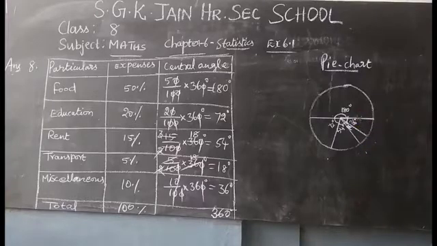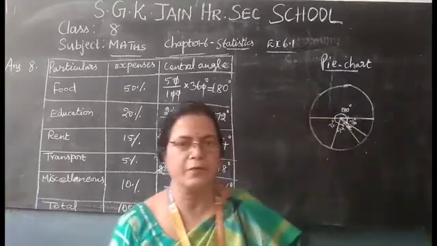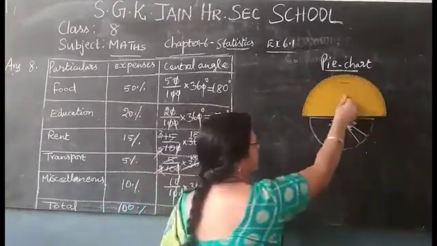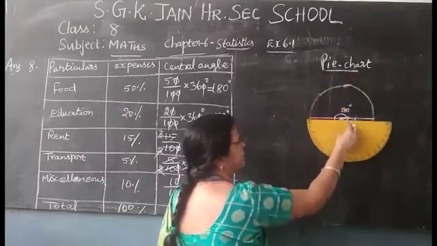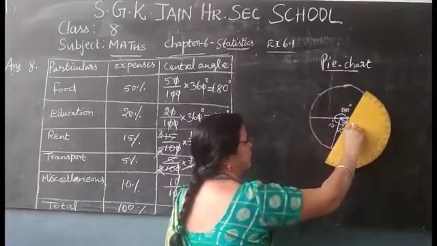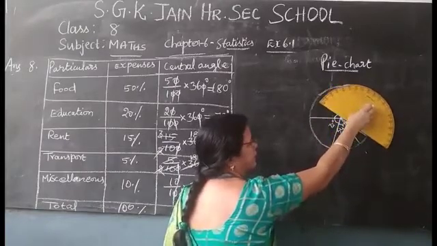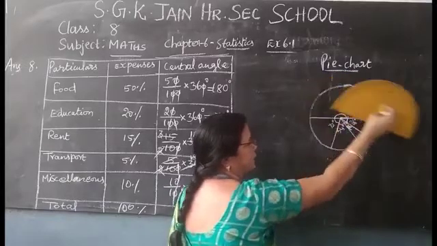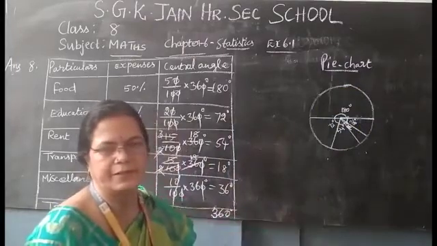Okay, children. I think you know, so interestedly you can draw this diagram. You can enjoy yourself by drawing the diagram itself. So you have to rotate properly. See here, keep it here, and then you have to bring it for this 180 degree. That's why you are bringing here 72, then 54, and then this line 18, and then here 36. Here you have to place, and then you are going to rotate like this. You will get the 360 degree. It should be covered like that.